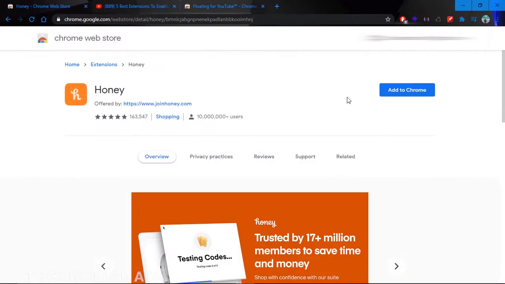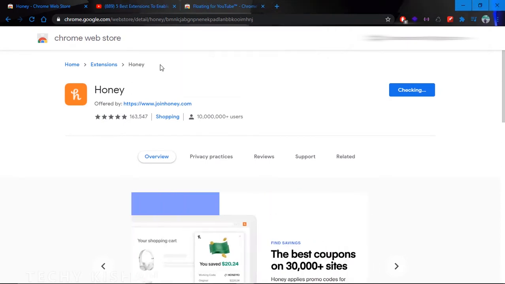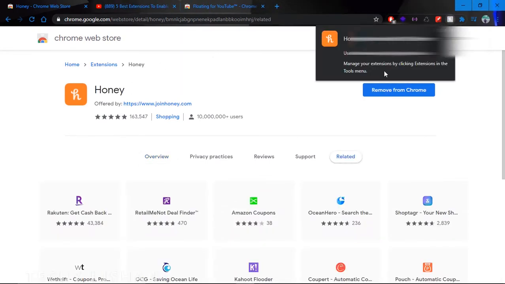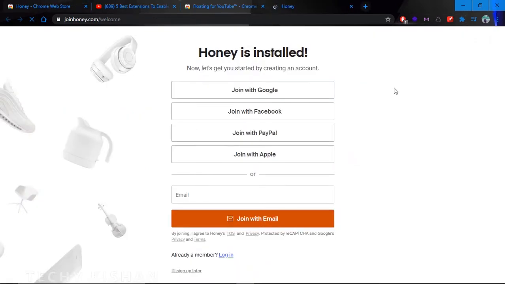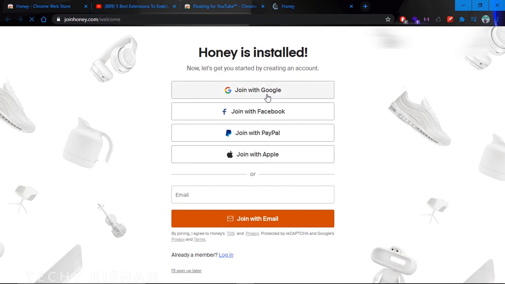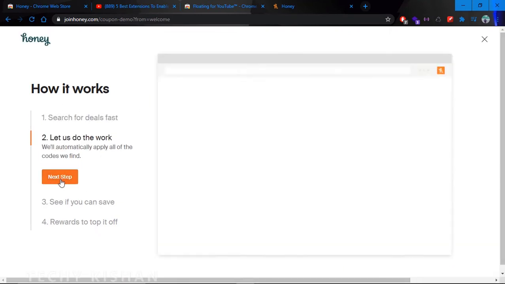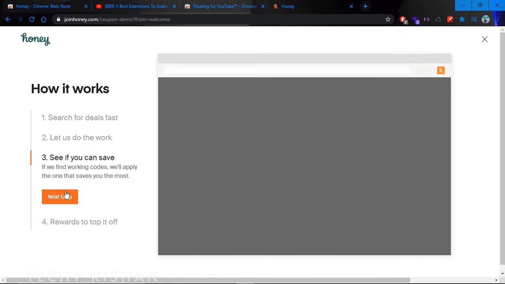So friends, the fifth plugin I'm going to talk about is Honey. Yes friends, if you don't know about it, this plugin is very helpful if you want to shop online and are very fond of buying things online. This plugin applies coupons on many of the websites where you shop online. And friends, this plugin is very easy to set up, and to activate it you just have to verify the email you provide in it.